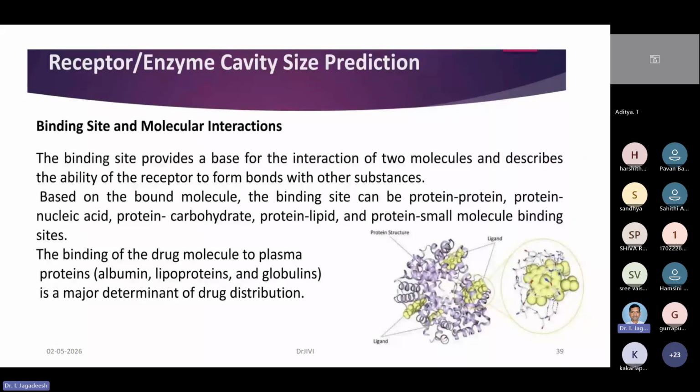That is not the case with induced fit, but that is a different story. In most cases, size is very important. So for binding site and molecular interactions, we need to see the cavity size prediction also. The binding site provides the basis for the interaction of two molecules and describes the ability of the receptor to form a bond with another